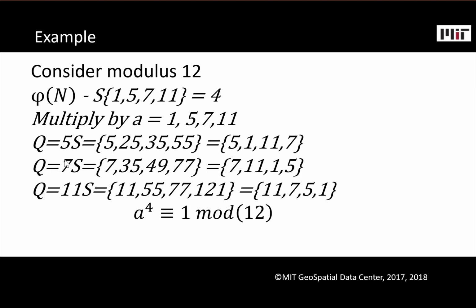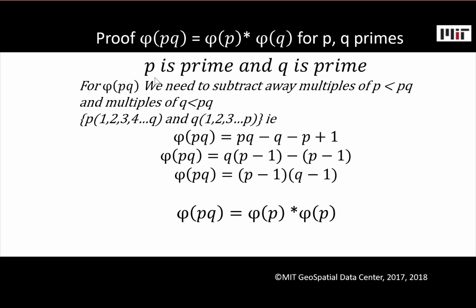The same happens when we multiply S by 7. And we can't multiply by any other numbers, because our A, like every unit, must be relatively prime to 12. So we can only have 5, 7, and 11. And if you go through this, you'll see that these all come to the same values as in S, but in a different permutation. So we've shown that this is indeed true, that this can be extended to non-primes, and we can even extend it further now,